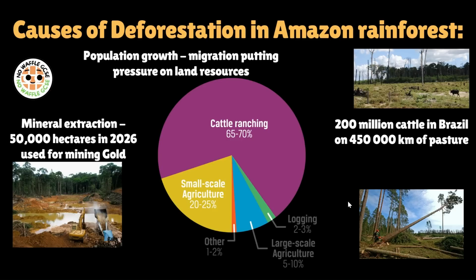You've also got small scale agriculture. So this includes people that are doing subsistence farming, people who live in the Amazon rainforest and who are farming just to have enough food for themselves. We also can't forget that there's also the Aboriginal population. So when we're talking about the population growth, not just the Aboriginal population, but the people from Brazil who are putting the pressures on the land resources because of the overpopulation and there not being enough space to live in